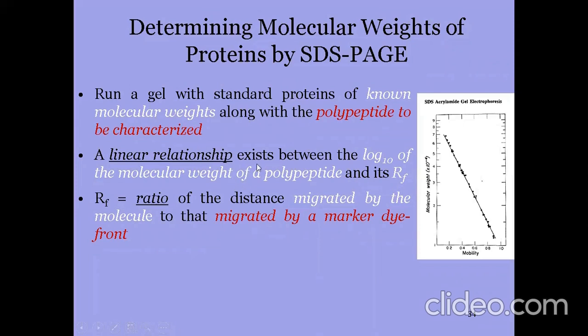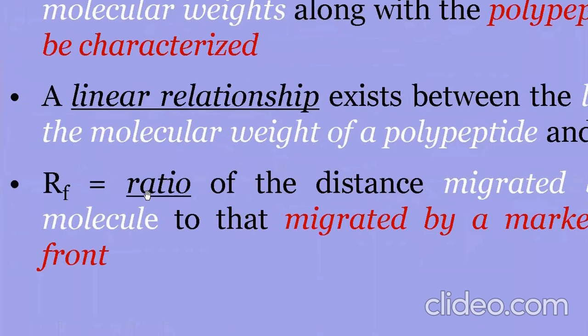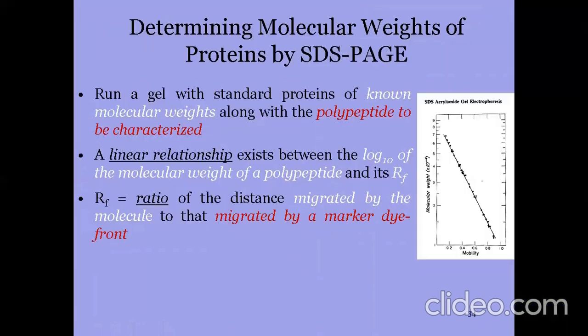So there is a linear relationship between the log 10 of the molecular weight of a polypeptide and RF. And RF is actually the ratio of the distance migrated by a molecule to that migrated by a marker